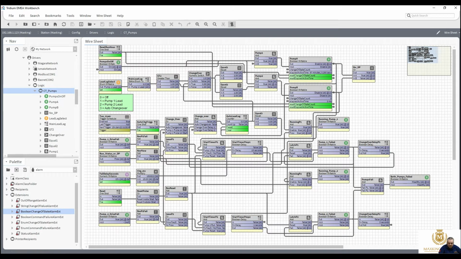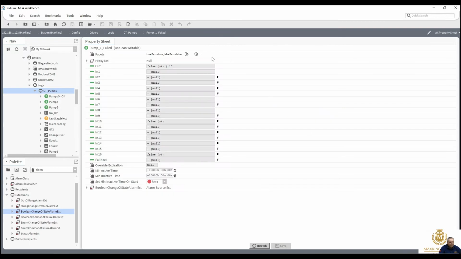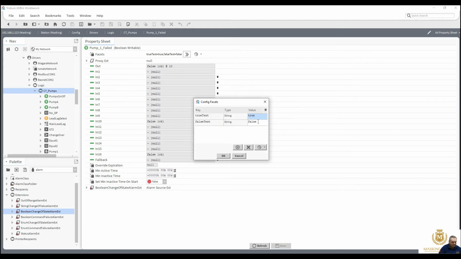So what I need to do now is change that pump 1 failed text, so it's not saying false. So false is healthy, and that is